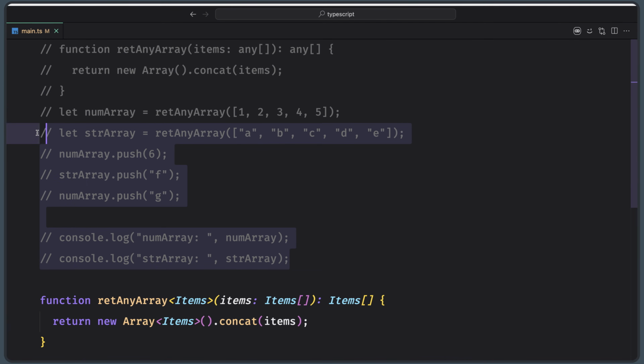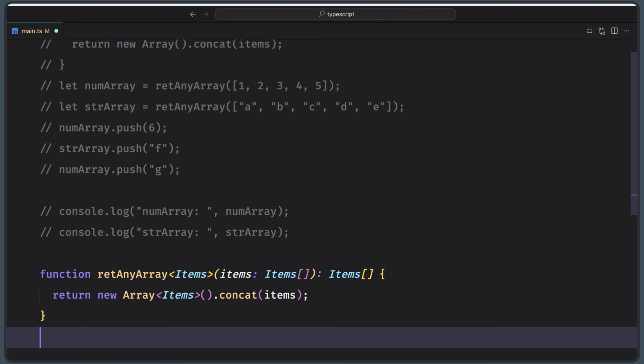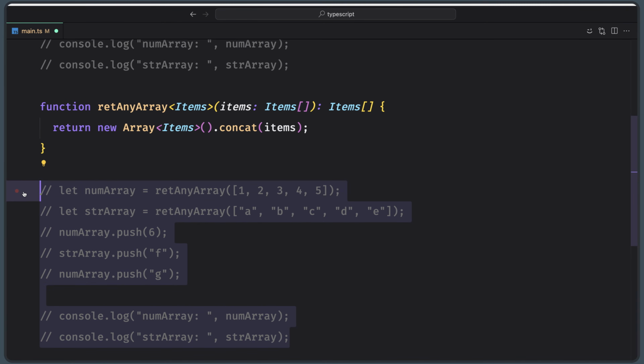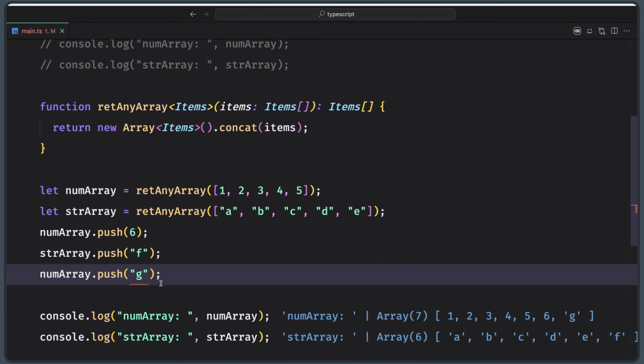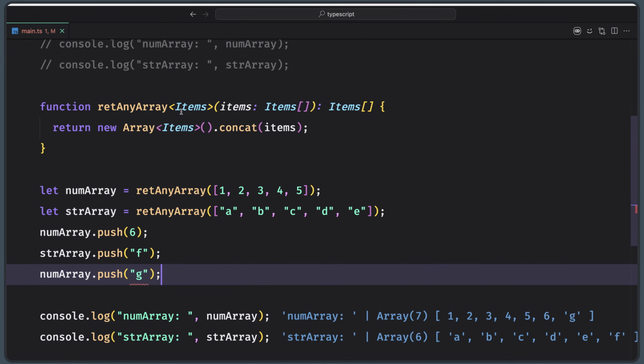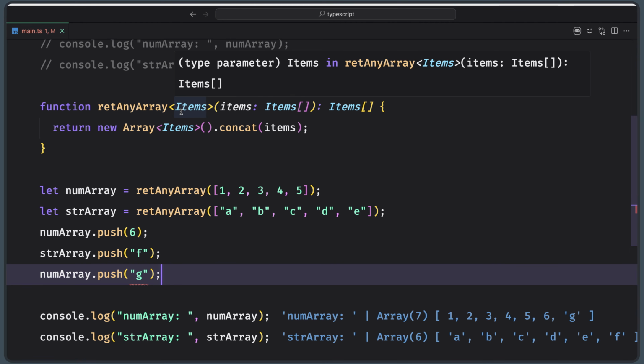Let's copy this and I'm going to paste it right here. Just now let's uncomment all of them. As you can see here, we have now an underline error: Argument of type string is not assignable to parameter of type number, because we have used the generics and the type variable. So items in this case remembers the type that the user provides and works with that particular type